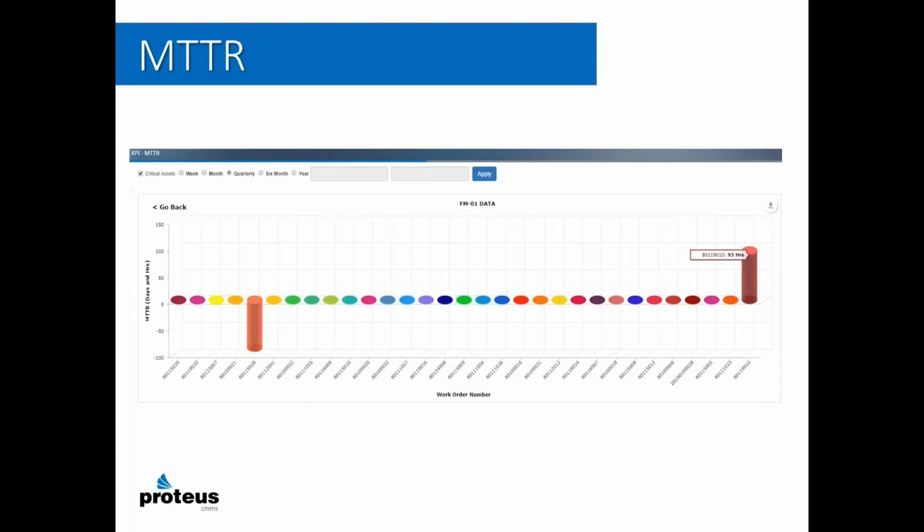Mean time to repair. So once a machine breaks, how long does it take us to repair that particular machine? If you're not measuring it, how do you manage it? So measuring mean time to repair, again, does it come from the time the work order is created? Does it come from the time the technician arrives at the machine to begin repair? How do you want to measure that in your particular environment? Again, very personal. Clients view it differently.